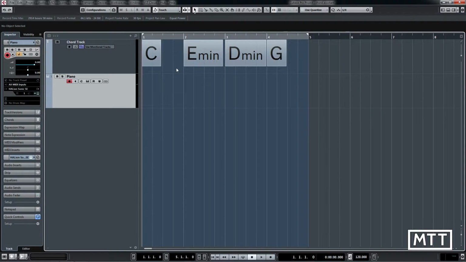Hi, and welcome to this video taking a look at the Chord Assistant. Now, the Chord Assistant is part of the chord track, so if you're not familiar with chord tracks, take a look at my other video, which I'll link in the description, introducing them to you. They're a really useful tool, but the Chord Assistant allows us to apply some music theory to bridge the gaps